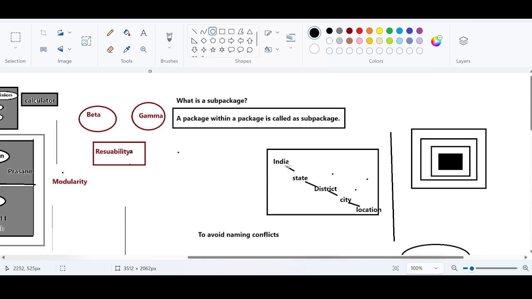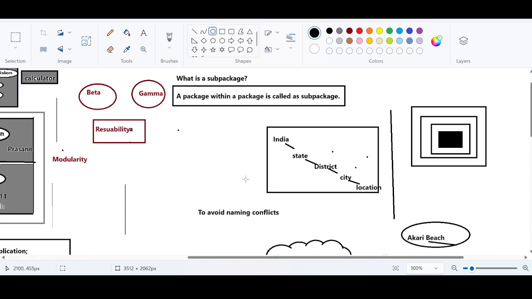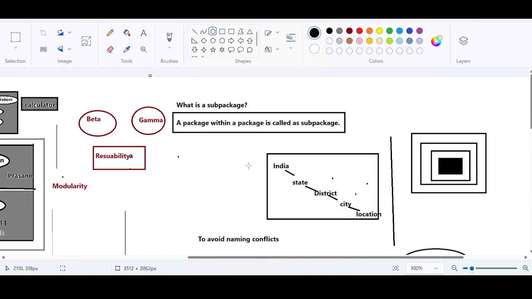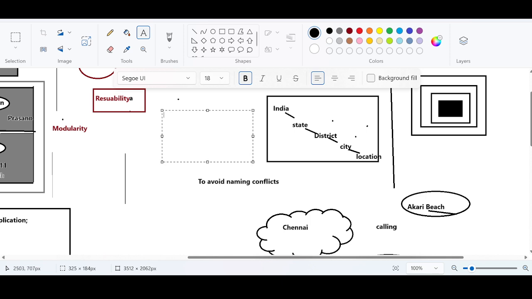So even in Java, when you are creating a method or a class, for example, in our example, Lakshmi has created